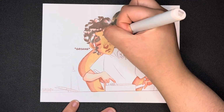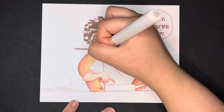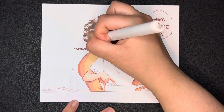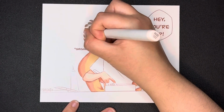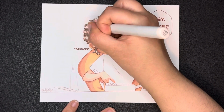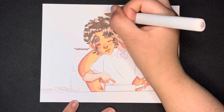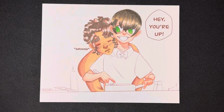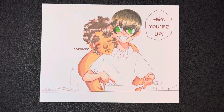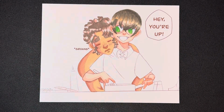So I've been thinking about their parents and relationship dynamics with the parents, which is why I think if you are struggling with characters and what you want to do with them, AUs are really good to play around with, because it's like writing fan fiction for your own characters, but then you also discover characterizations you never would have thought of. Like their parents, I never really would have thought about what to do about their parents if I was not making this AU, honestly. Just because their parents were not really relevant to the story when they were